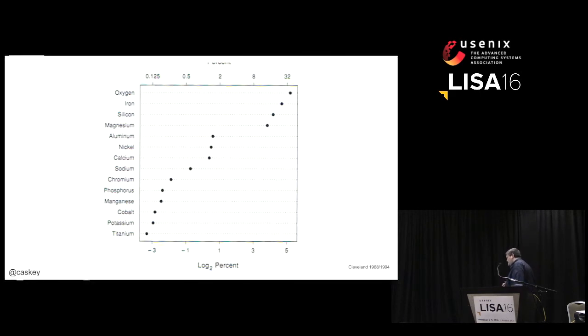Now, it helps that this is sorted. This is another minor detail of when you're going to plot a bunch of data, sorting it allows you to make much easier comparisons between aluminum and nickel. Now, if aluminum were all the way at the top of the chart and nickel were all the way at the bottom of the chart, and we were trying to figure out, are they the same? Are they different? That gets back into the ability to compare small differences in large values. And so when you're doing charting like this, you want to be sorting on some ascending or descending values so people can make adjacency comparisons.